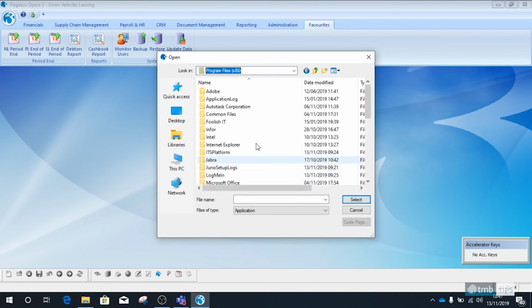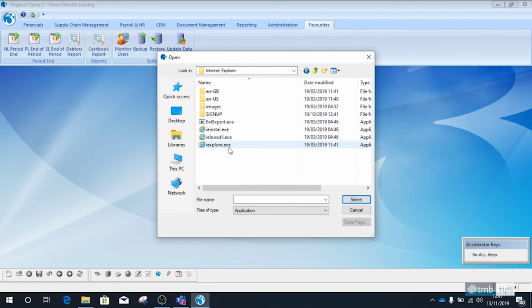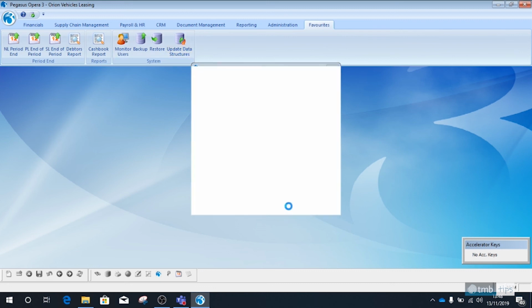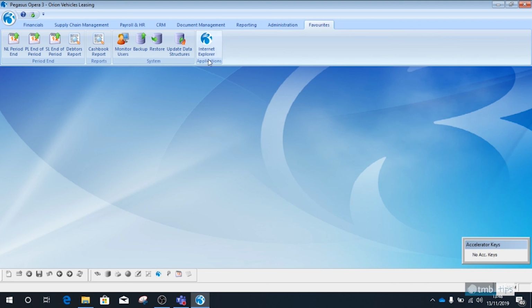Internet Explorer, so I know it's in program files, that's 86, Internet Explorer, and here's my executable. So it's going to create a new group called applications, and that's fair enough. I'm going to change the display name to Internet Explorer. And if I wanted to, I could pick up an icon or a graphics file. If I don't, which I'm not going to, we'll just end up with a little Opera 3 logo as per here for our icon. So if we click OK to that, I now have a new shortcut under my applications